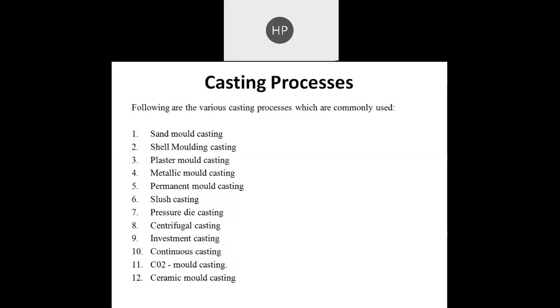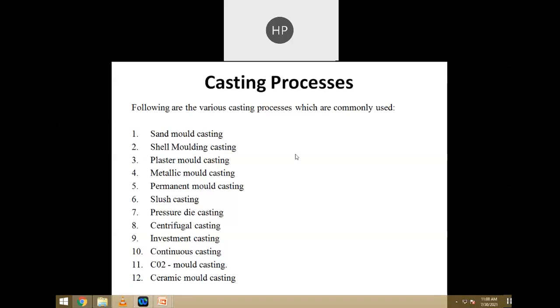As well as in riser, we have seen different kinds of riser like open riser, blind riser, then hot riser and cold riser. Okay, so these are some of the topics that we have so far covered in this